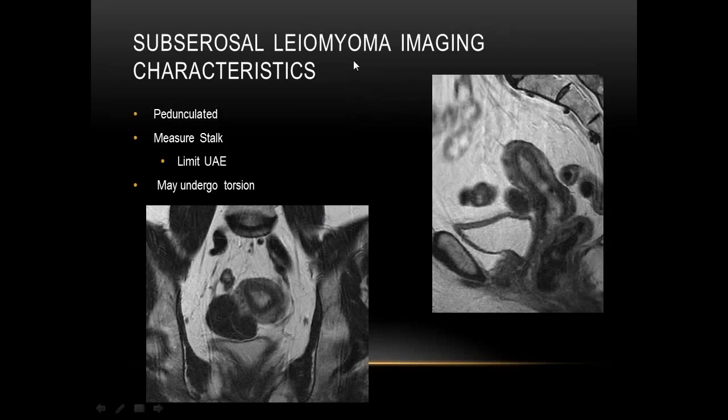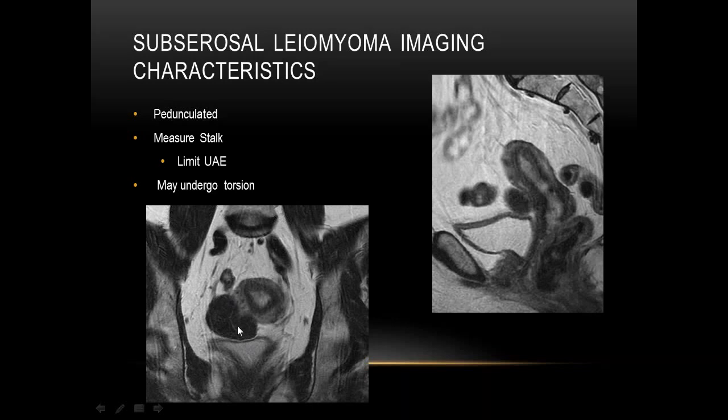Another characteristic and something to report is if the subserosal leiomyoma is pedunculated. You need to measure the stalk, and it may or may not allow the patient to have a UAE. One measurement they like to take is the greatest distance of the stalk, and the greatest diameter of the leiomyoma. As long as this is at least half the